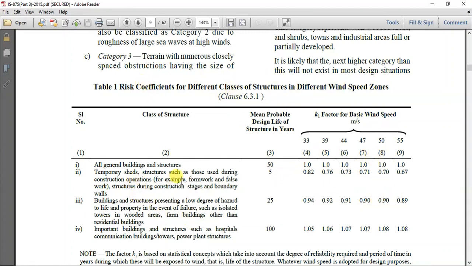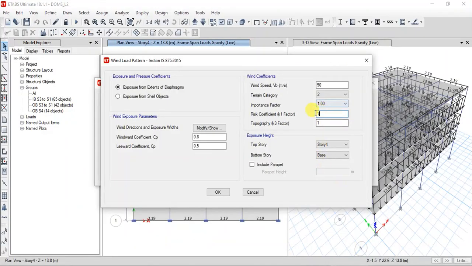If you have some temporary structures, temporary sheds, there you have to choose 0.7. So accordingly, based on different parameters, we need to take the values for K1 depending on the wind speed. For us, we have 50 meter per second. We'll take all general buildings because we are doing multi-story structural analysis, so we'll take 1 as our risk coefficient factor. So that has been given here.